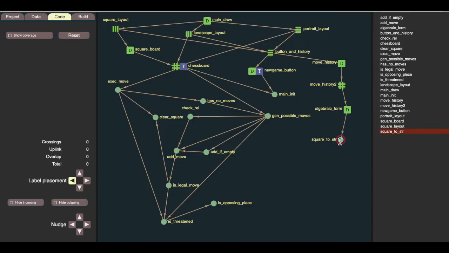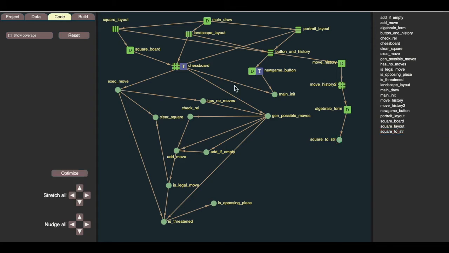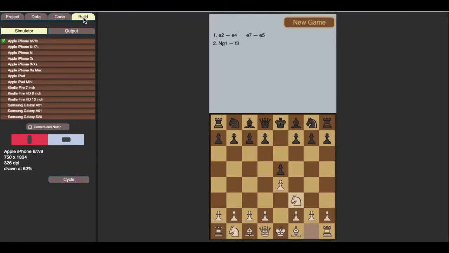We then go to the code section, and here's our cross-reference diagram of all the functions in the product and who calls what. There are drawing modules in green, and then the little circles are calculation code functions. We then execute the chess program a little bit. We move some pieces on the board, and then we go back to the code coverage